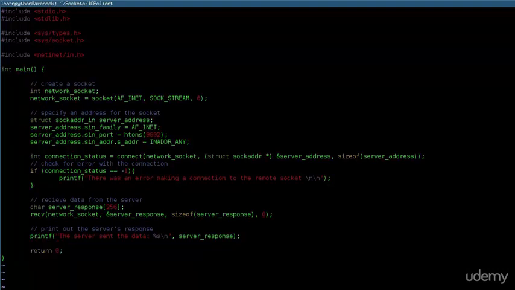And then after we're done, we can actually close the socket with a close function. That function is really simple. It just takes one parameter, and that's the socket once again. So that's it. This is a really basic TCP client that will print out any data that we get from